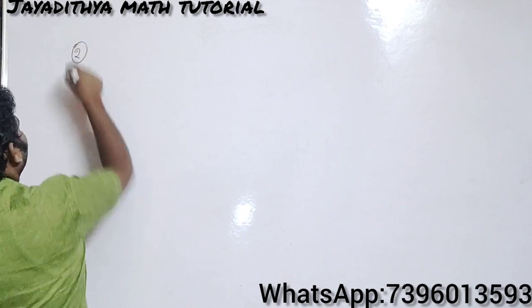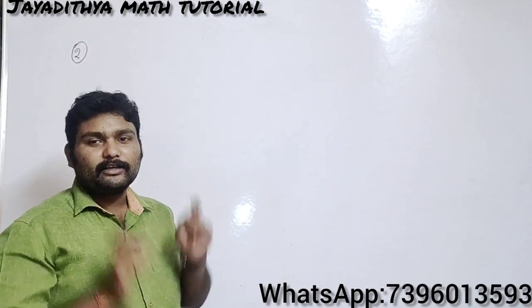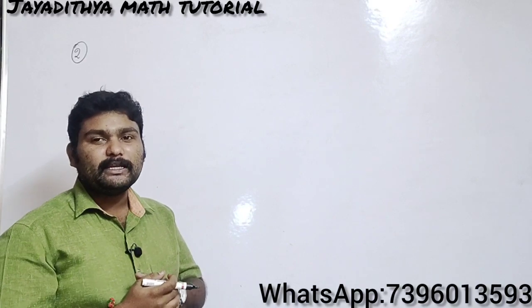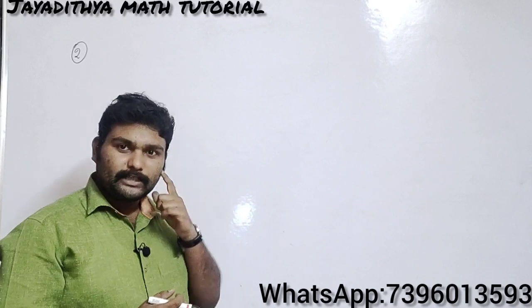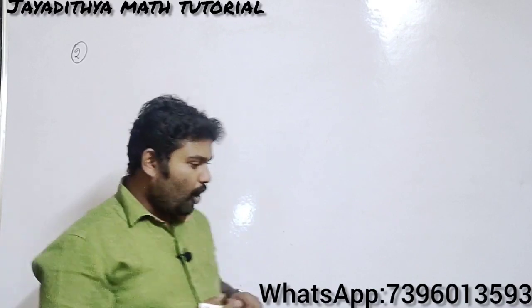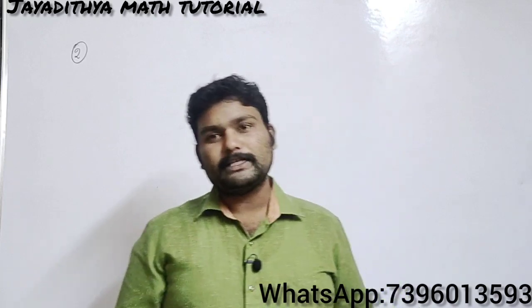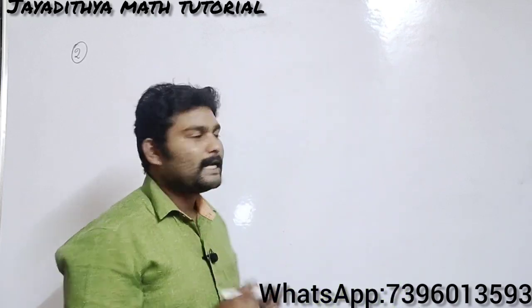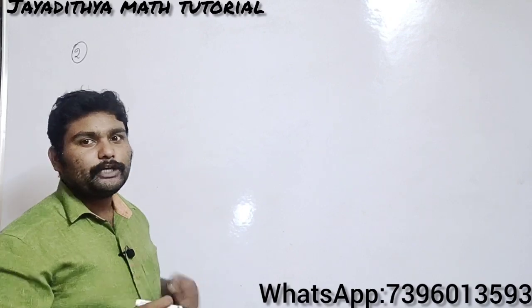So you understand the problem. Here he has given two triangles are similar. Two triangles are similar and their perimeters are 30 centimeters and 20 centimeters. And if one side of the first triangle is 12 centimeters, you need to find the corresponding side of the second triangle here. He has not given any figure, he has not given any triangle, so you need to take the triangles.